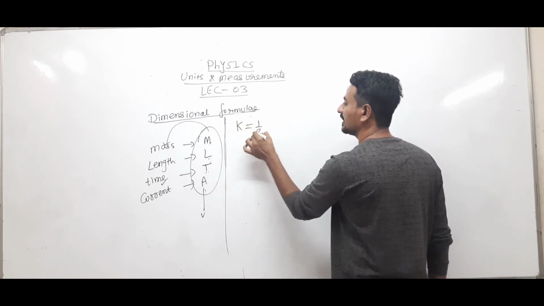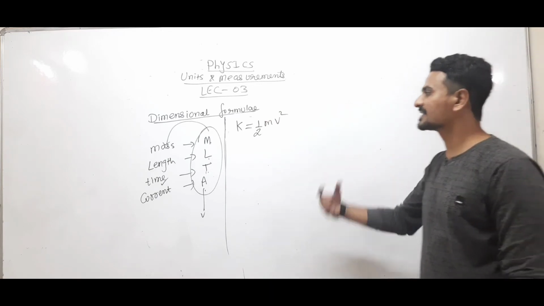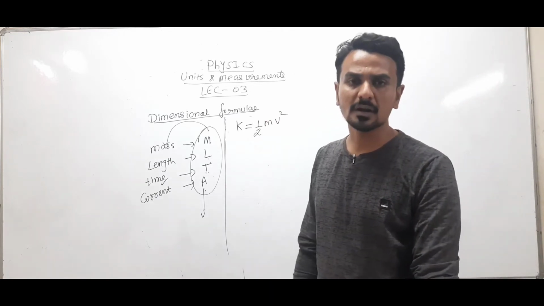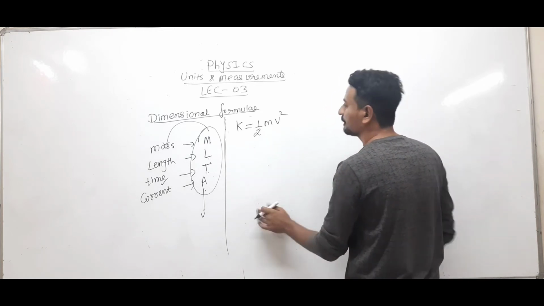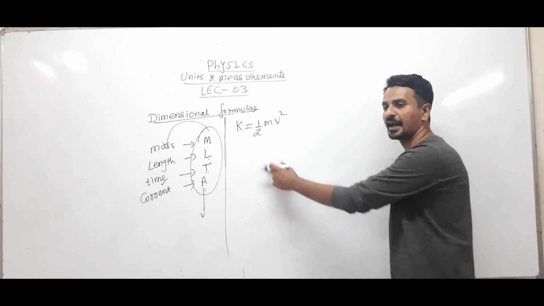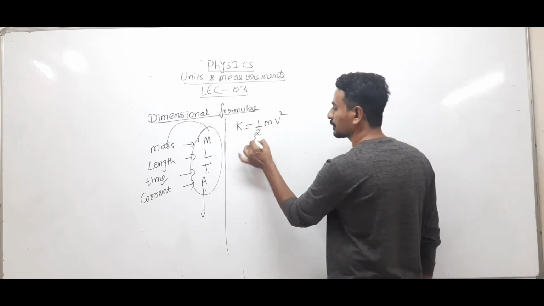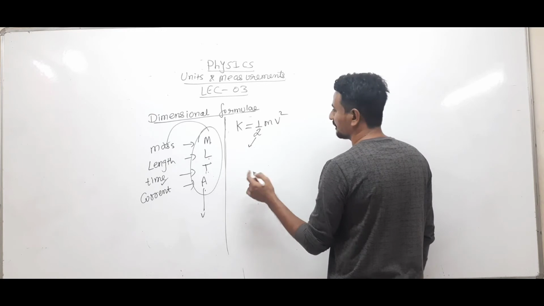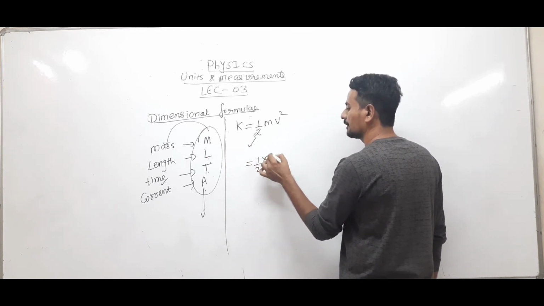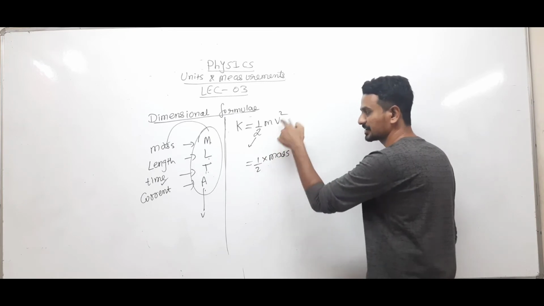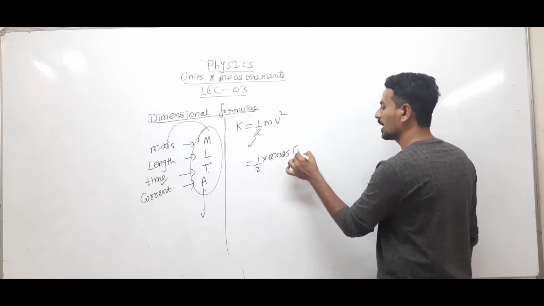What is kinetic energy? Half m v square. Clear? Suppose we have been asked to find the dimensional formula for kinetic energy, right? Okay, no problem. Half is constant and it won't have any dimensions, right? It's not a physical quantity, so we don't have to worry about this constant just now. Okay, fine. So this will be first written as half mass. What is velocity? This is square of the velocity. What is velocity? Displacement by time. So this will be